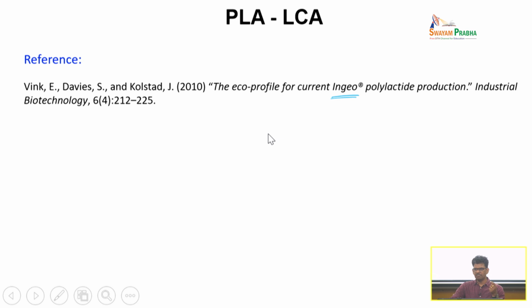And the data I am going to present are based on this paper, the eco profile for current. The INGEO is a trademark name for PLA resin produced by NatureWorks, which is a US based company